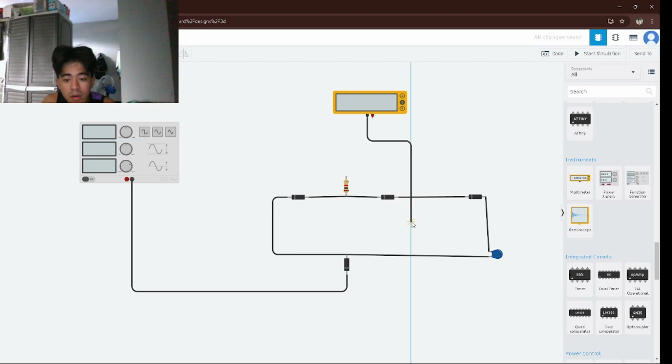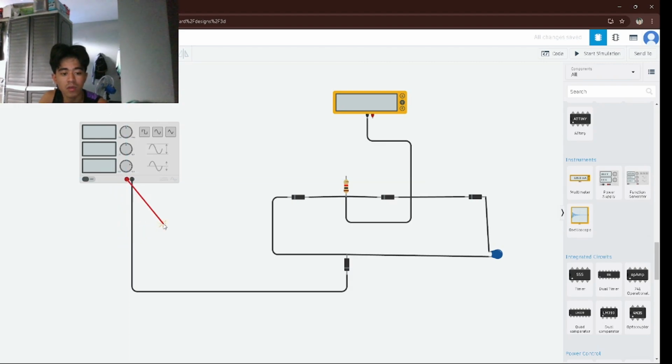Then the multimeter, connect it. Let's connect it to the resistor. Then the positive, let's put it red.